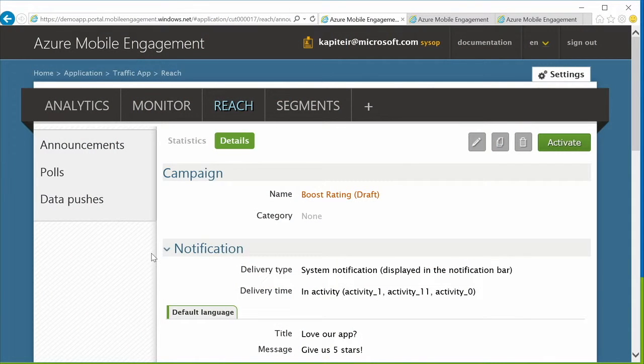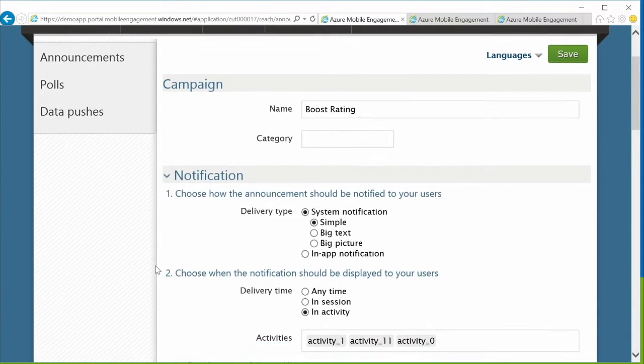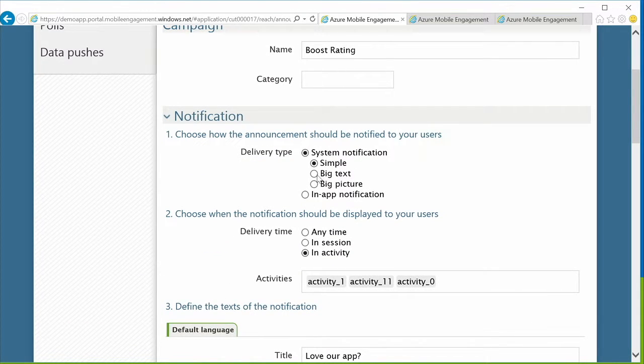So how does that work with mobile engagement? In the interest of time, I prepared a scenario here already within our interface. In that case, we will be sending a notification to the user, which can be either a push notification or an in-app message. We've seen both, and both really work.